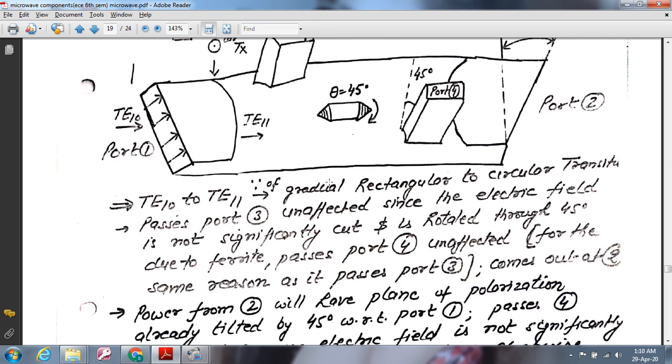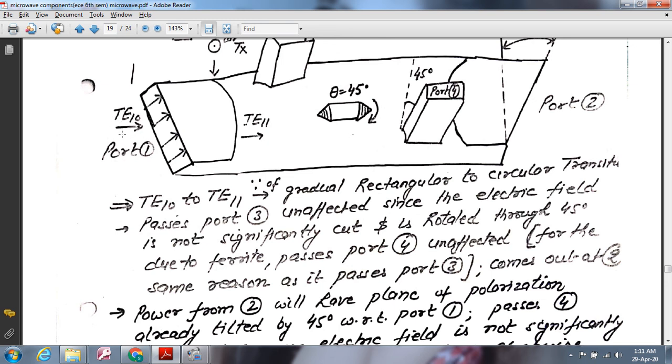Now when we consider the circulator and its working, we see a 4-port Faraday rotation circulator is shown in our figure. The power entering port number 1, this is port number 1, is TE10 mode and is converted to TE11 mode. The entering power is TE10. This is the dominant